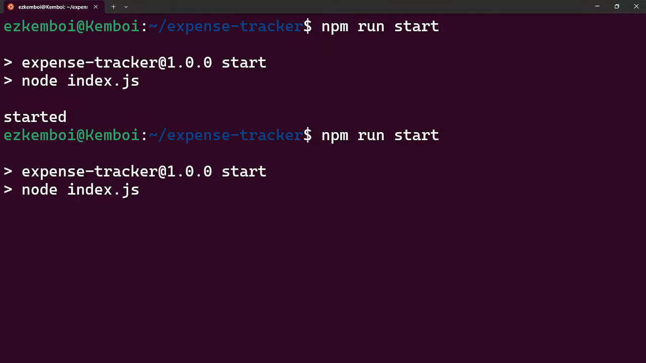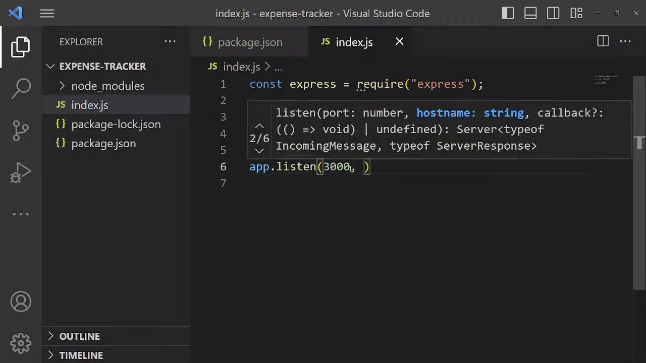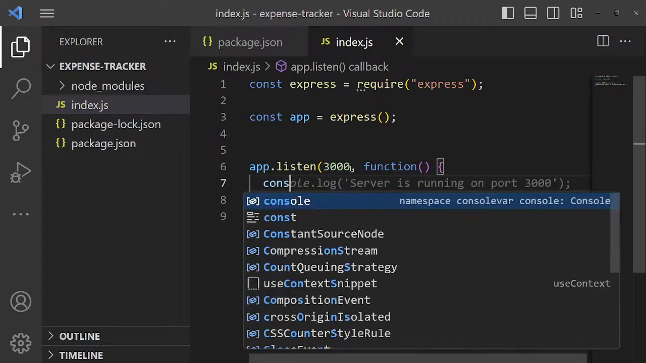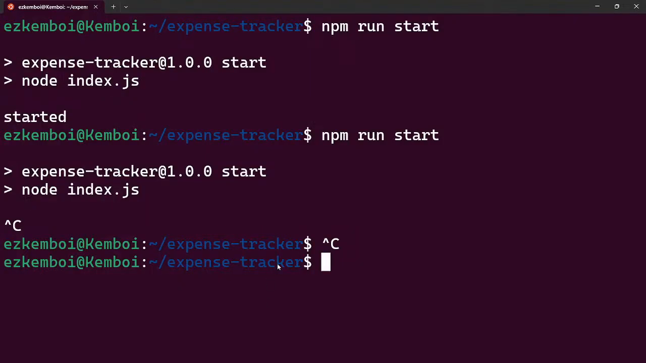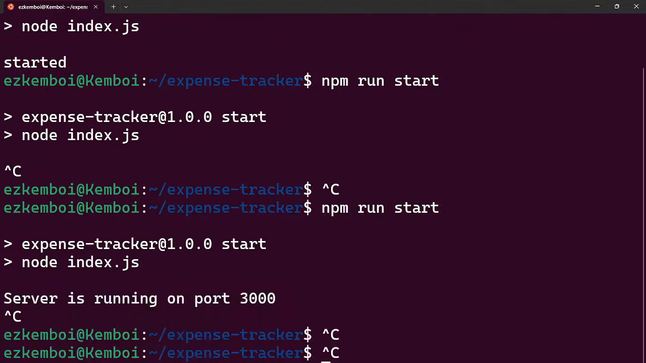So for this case, just to be sure that our application runs, although it's running, we just need to log something. So I'll just use this so that I can console log such a message. So we'll keep running this, and then say server is running on port 3000. So to have our minimal application